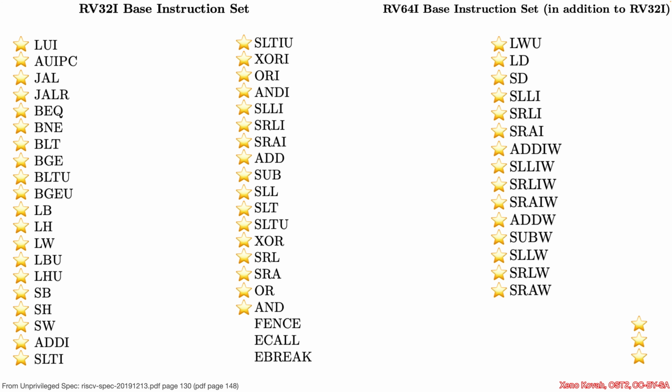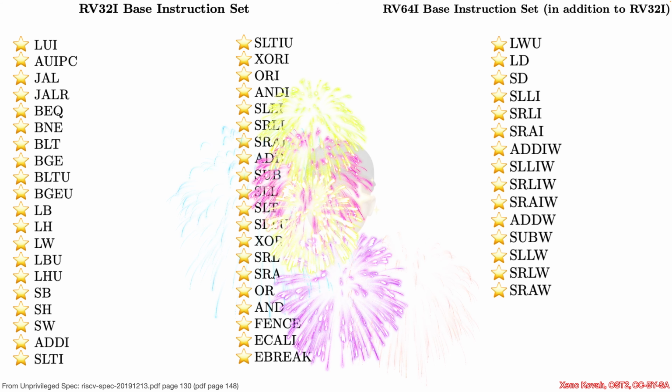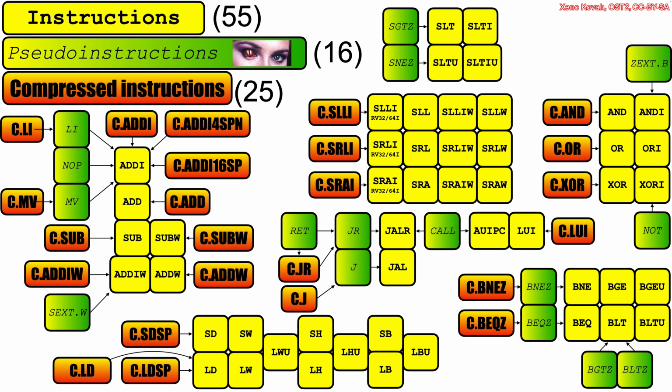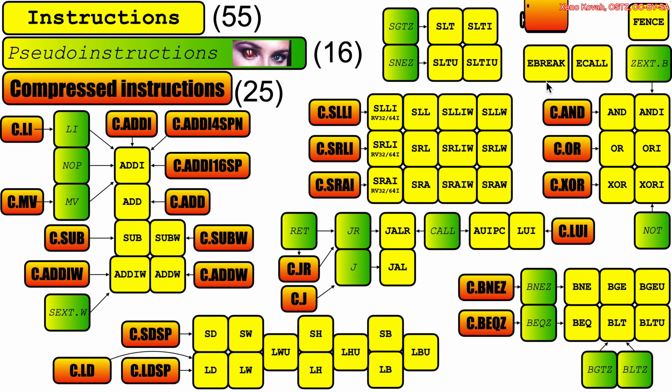And with that, bada bing, bada boom, we have completed our checklist. Super awesome job collecting all the stars, everyone. All right, and our final things on this diagram: FENCE up here, ECALL right there, and EBREAK with the compressed EBREAK. And with that, we have learned a ton of assembly instructions: 55 regular instructions, 16 pseudo instructions, and 25